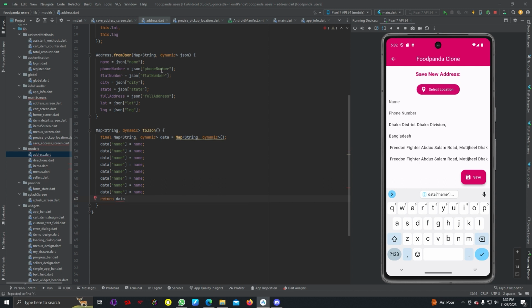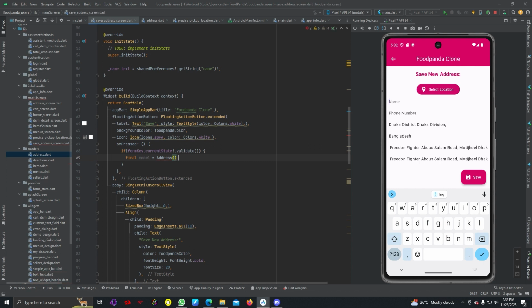Now let's copy it, then flat number, then city, then state, then full address and latitude and longitude. Use semicolon here. So now we can go back to our save address screen, and we can import model class